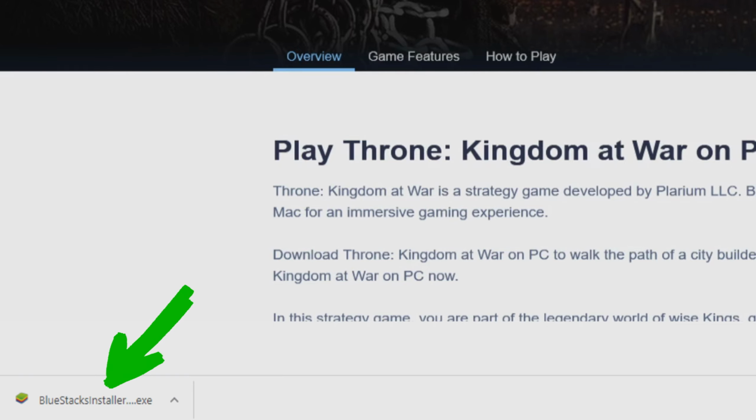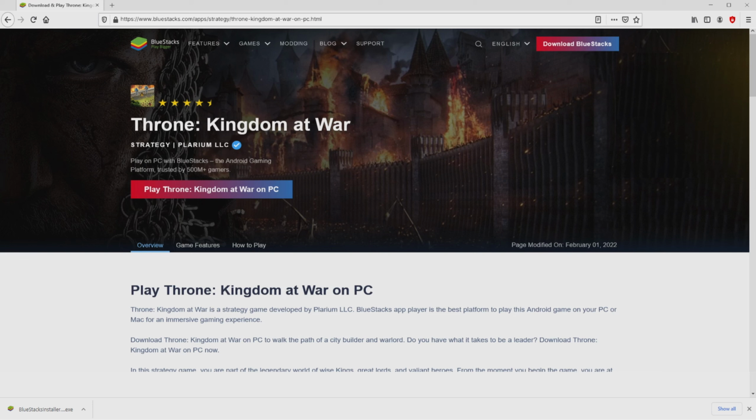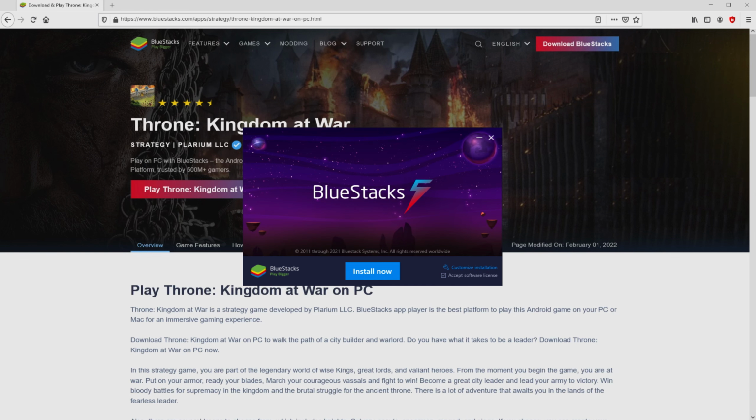Voila, here is the download. It's a file we have to execute. The following step is to run the executable file. Okay, then we click on this file. Windows 10 users will be asked for permission to make modifications to the system. We have clicked yes. I minimize the browser to find the installation software better.